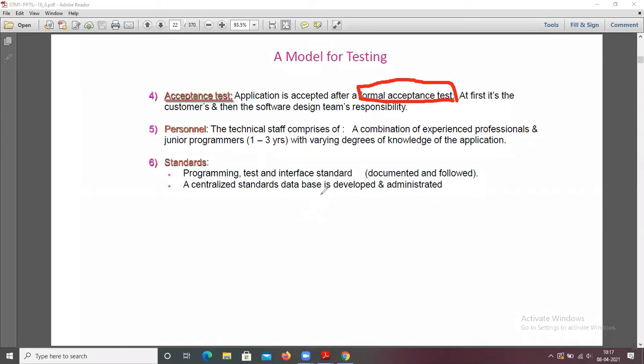Now the acceptance test is nothing but you execute all the components in the application, and if you get the expected result, then the formal acceptance test is over. At first it is the customer's and then the software design team's responsibility.